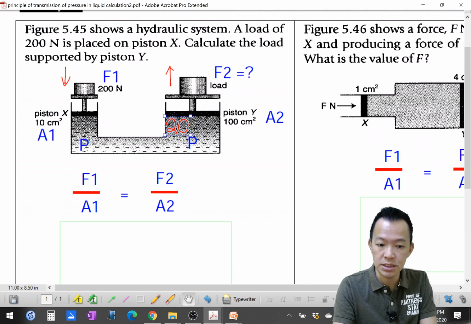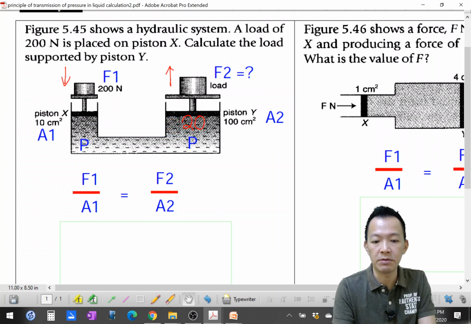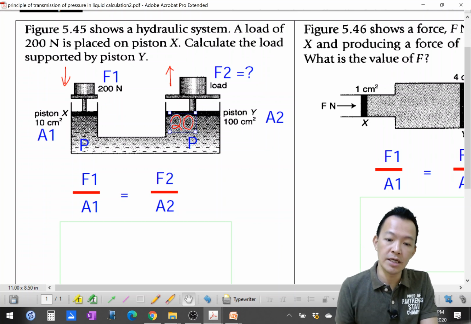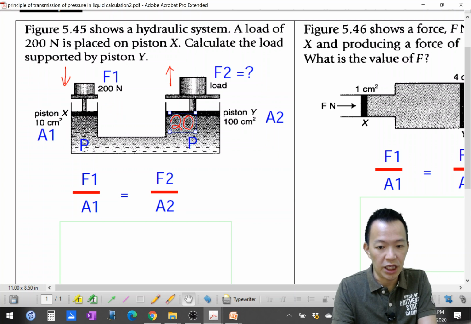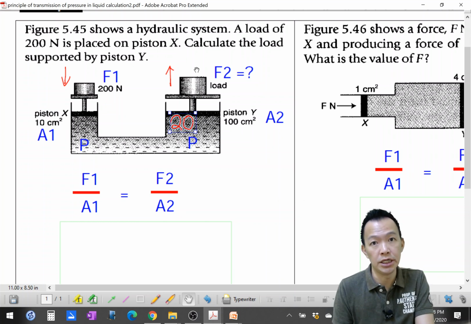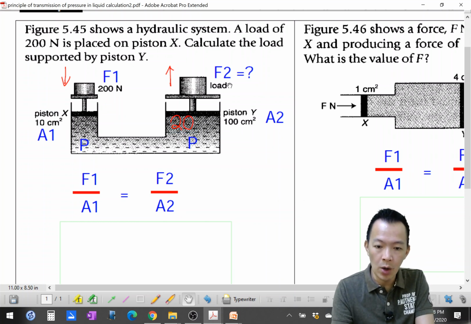So 这边你压下去20，这个20就会很平均地散播到每一个方向去。Another meaning, on the right hand side they are going to face a pressure equal to 20. 它也会面对一股压力就是等于20了。So when the pressure here is equal to 20, how much force can be supported by the piston Y? 这个 piston Y 能把多少的重量推上去呢？What over 100 equals 20? 什么东西除100等于20呢？So the answer will be 2000. 就等于2000。